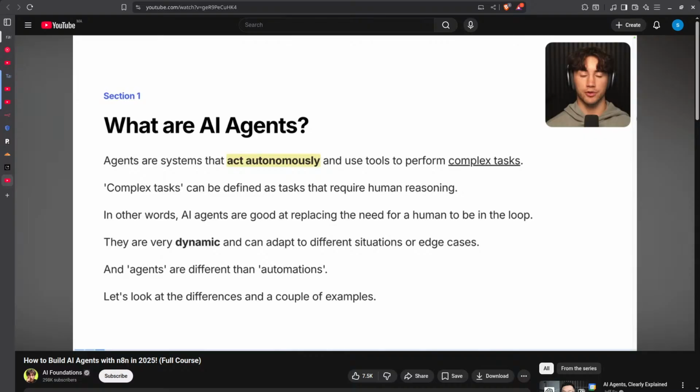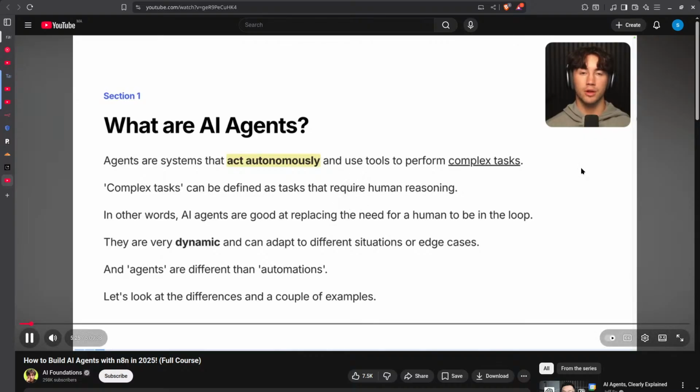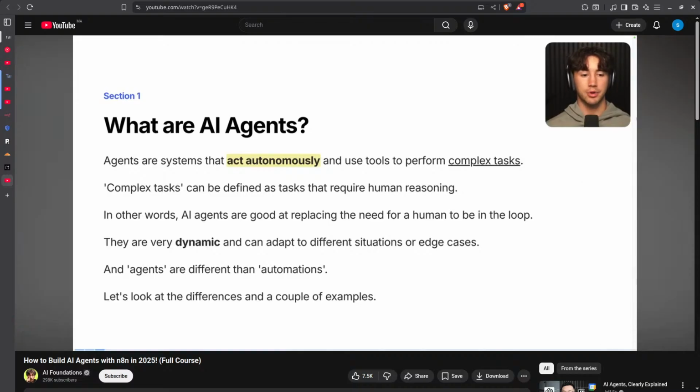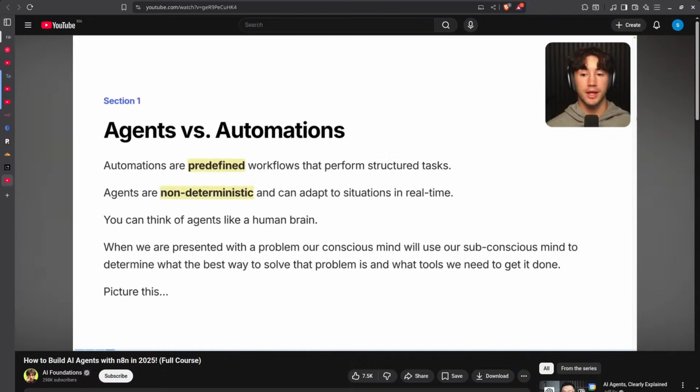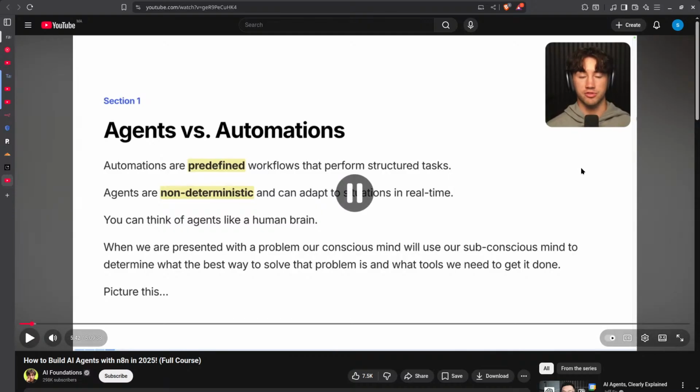So this is very important, to differentiate between a basic automation process and an agent that automates or is integrated in this process, okay? Differences, and just to give you a little scenario so that you can wrap your head around what is the difference between an agent and an automation, but how are they kind of similar as well. This is an important distinction to make, the difference between agents versus automations. So automations are predefined workflows that perform